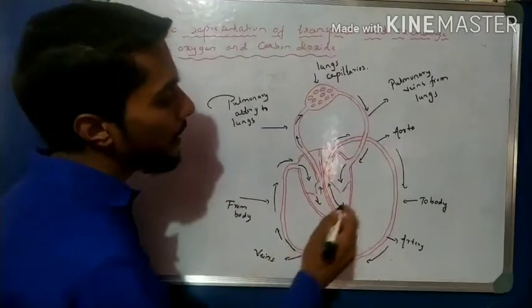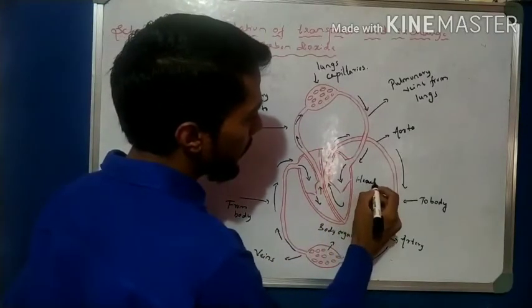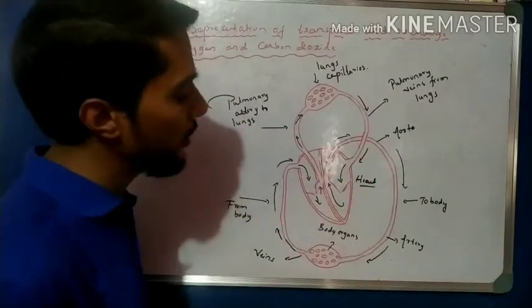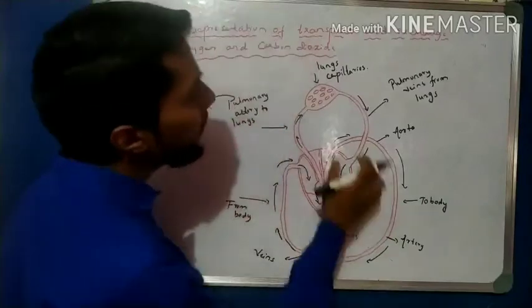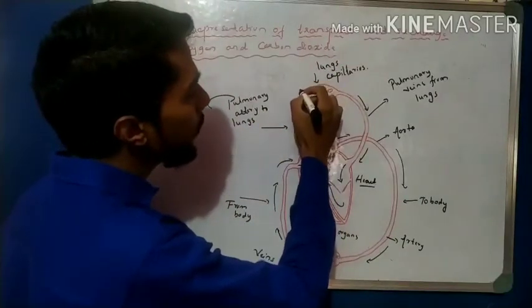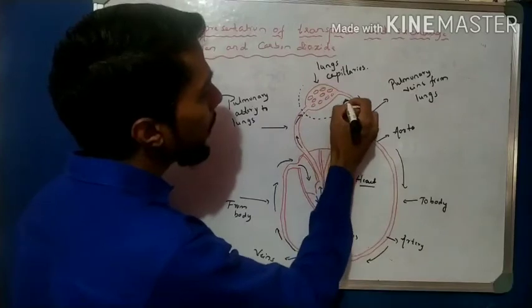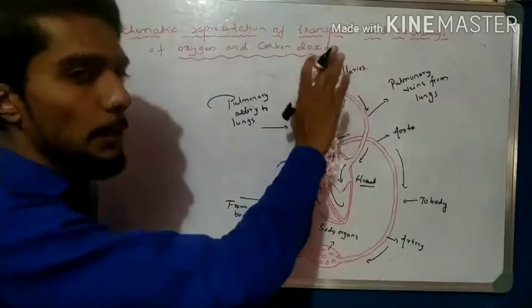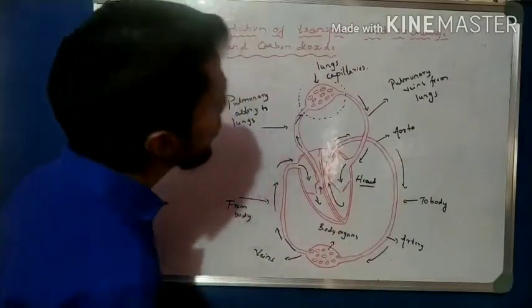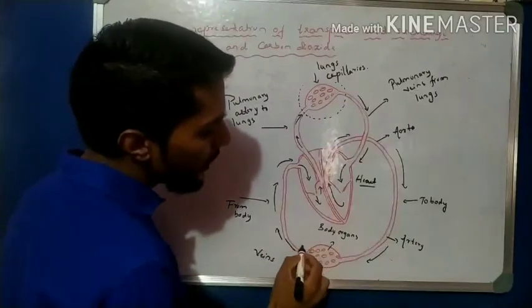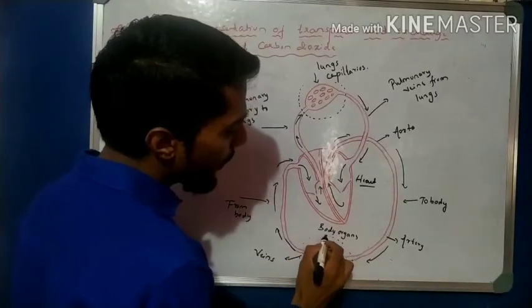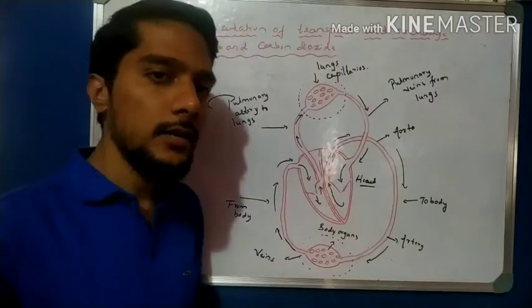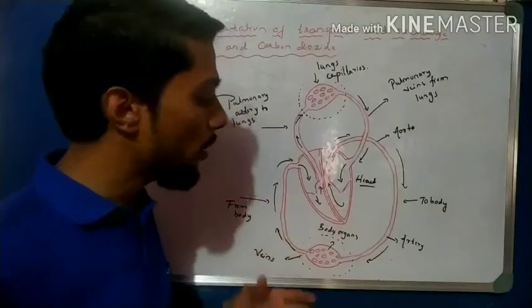So observe here, this is our heart, which is present slightly on the left side, in the center of the chest. And here these are the lungs. This part is considered as the lungs' capillaries, the left side lung and right side lung. Capillaries means small blood vessels. And then this part is considered the body. Consider this is our whole body, the body organs, maybe leg, hand, stomach, all of it is body organs.